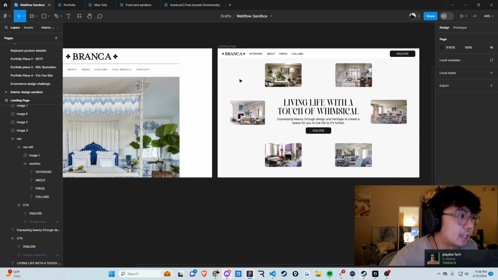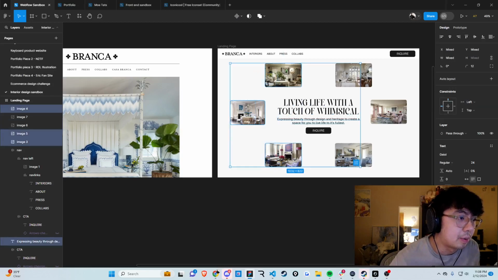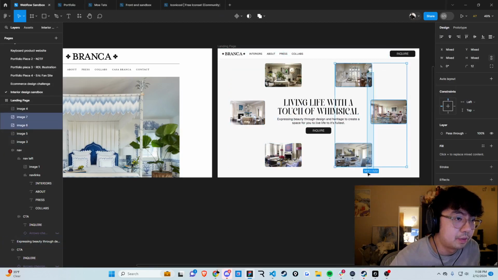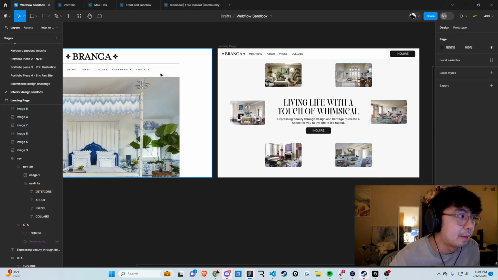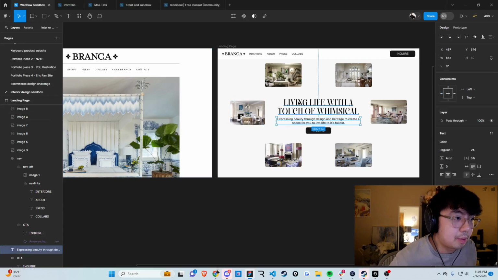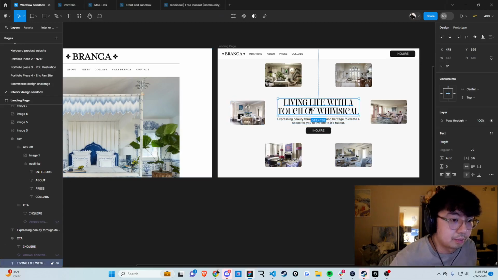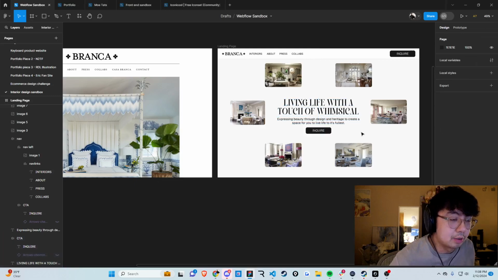So the things that I wanted to touch on were displaying more work, and that's why we have these 6 little frames here, and then improving the navigation to just be at this top bar so we can give more space to this hero section, and then having a value proposition, and each one being this eye-catching phrase, and then a call to action button to inquire. So those are most of the things that I've been working on